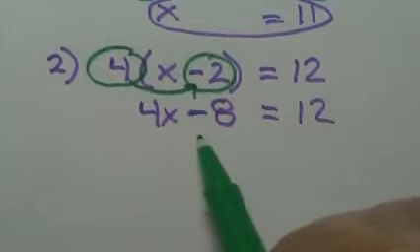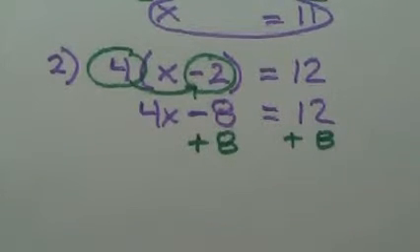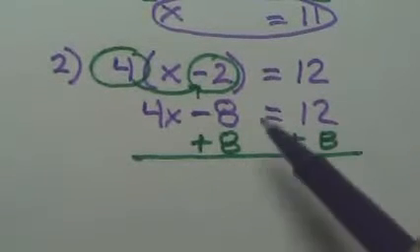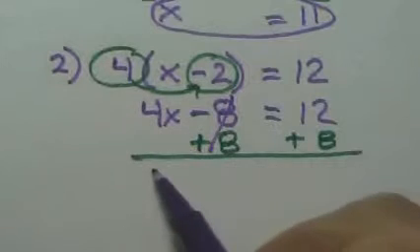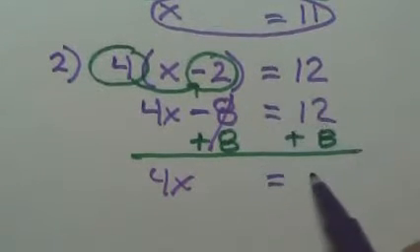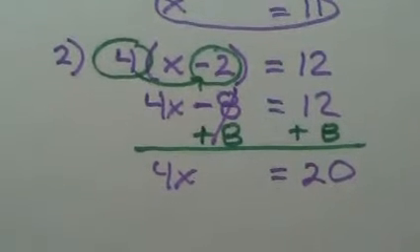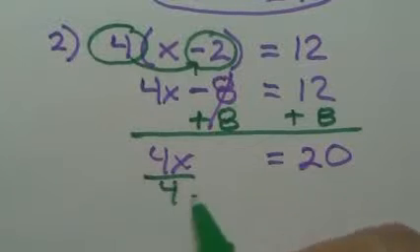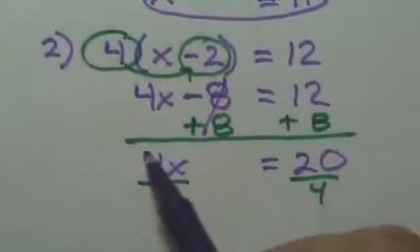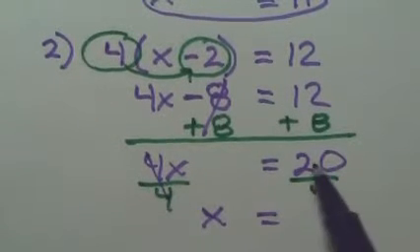I'll get rid of this constant. I will add 8. So that's 0, and I have 4x. Keep my equals lined up. 12 and 8, that's 20. You can see your answer right now, but I'll just divide by 4 so it definitely stands out. That becomes 1x, or x. 4 goes into 20